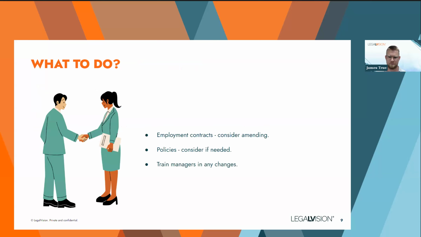But for those wanting to be proactive, one thing to start with is the employment contracts. So you can think about whether you need to amend mainly the remuneration section in an employment contract. And you're really trying to do this just to put the employee on notice that, the remuneration, their hours of work, we may contemplate some contact outside those hours of work. We may want a clause in there that the employee agrees that that contact will be reasonable. And we might also want to make sure that our remuneration is expressed to cover any additional hours.